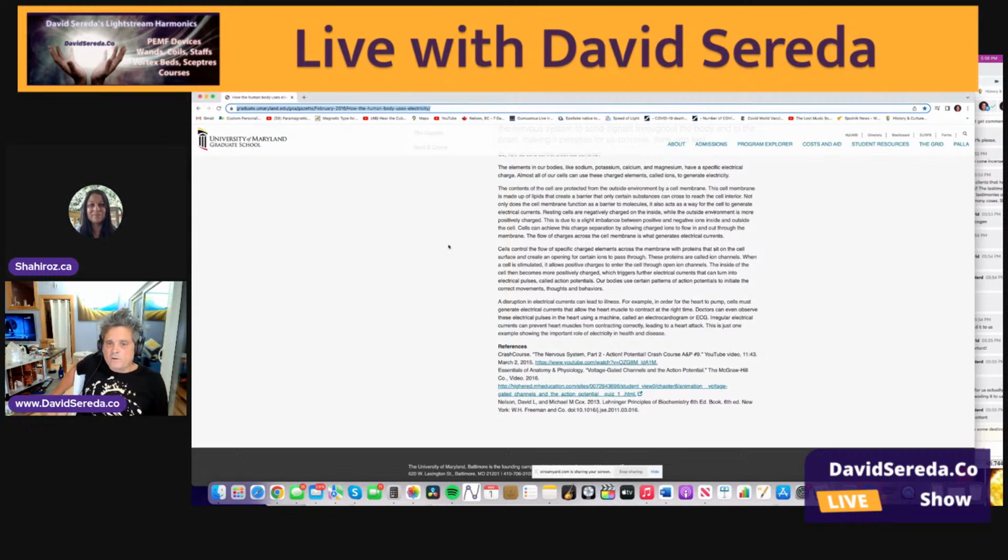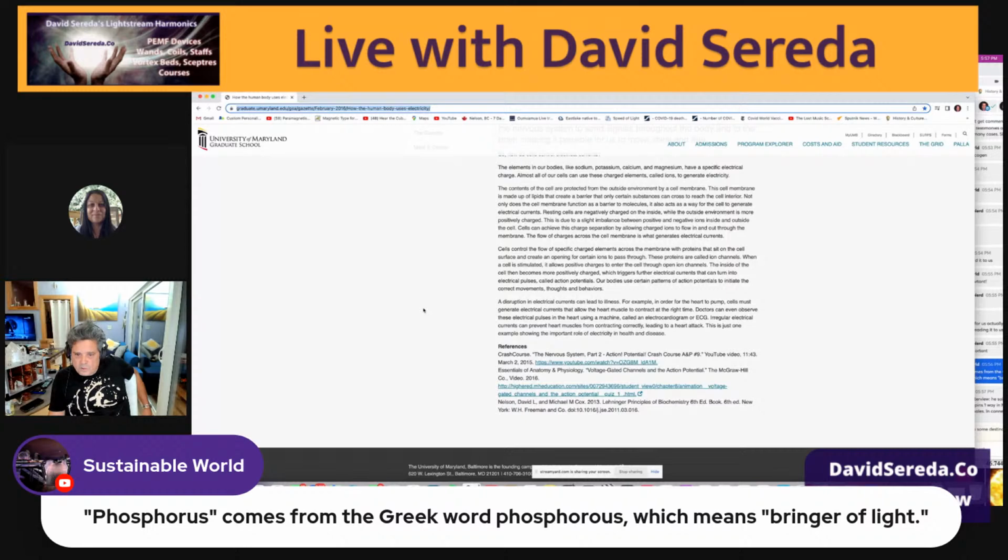So it says here the flow of charges across the cell membrane is what generates electrical currents. And currents in the nervous system, cell, and brain are what we're living on. Now, a disruption in electrical currents can lead to illness. That should be primary for everybody to understand. It's right here. So, for example, in order for the heart to pump, cells must generate electrical currents that allow the heart muscle to contract at the right time,